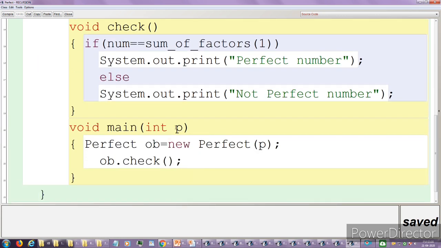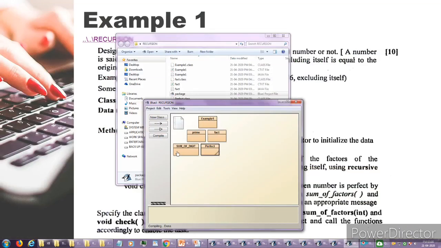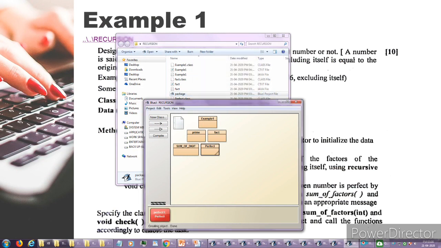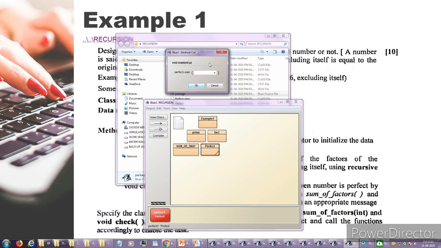From the main function, we have to accept a value, create an object, and since a parameterized constructor is there, we have to give the value there, and then call this method. Let's compile this program. First the constructor is there, so it's asking for a value. If I give 6 here, and then if I click on the main function as well, in the main function also it will ask for a value. If I give 6,